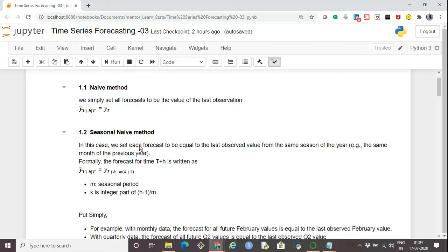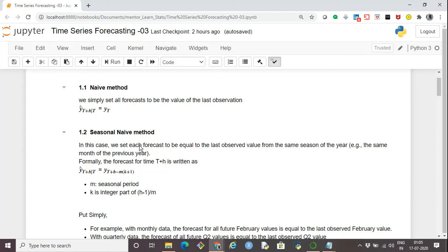Now another method is the seasonal naive method. In the seasonal naive method, we set each forecast to be equal to the last observed value from the same season of the year. For example, if I want to predict the forecast value of February 2020, then as per this seasonal naive method, the forecast value for February 2020 would be the same as what was in February 2019.